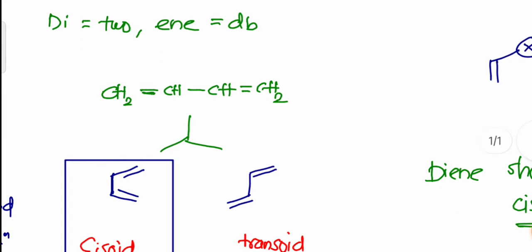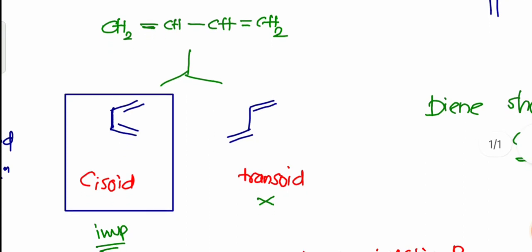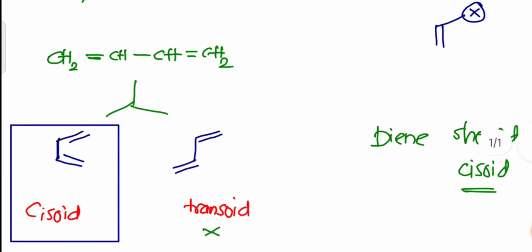You know that cycloaddition reactions occur on the termini of the pi bond. So the ends of this bond, or the termini of the bond, must be spatially oriented. That's why cis-type dienes, that is cis-dienes, readily participate compared to the trans. That's why cis-dienes are an important type of substrate, particularly for the Diels-Alder reaction.